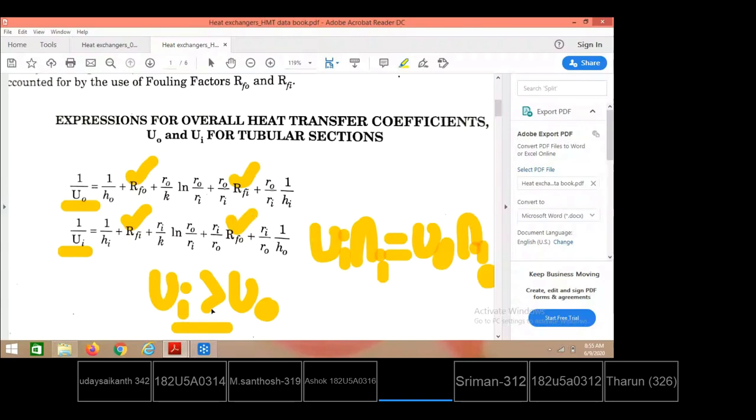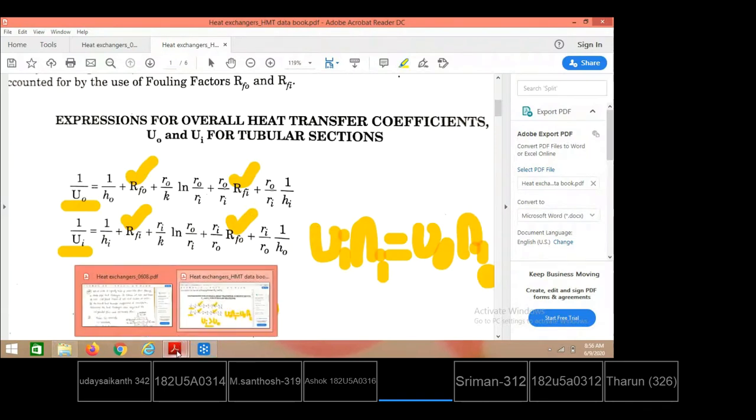A compulsory problem they are asking is how to estimate the overall heat transfer coefficient with the consideration of fouling effects. Continuing with that, heat exchanger design involves deciding the size of the heat exchanger required for transferring so much heat from the hot fluid side to the cold fluid side in a heat exchanger. Therefore Q equals UA delta Tm. Delta Tm means the mean temperature difference. How to get it, I have already explained. It is obtained in the form of a logarithm, and is therefore also called the logarithmic mean temperature difference.